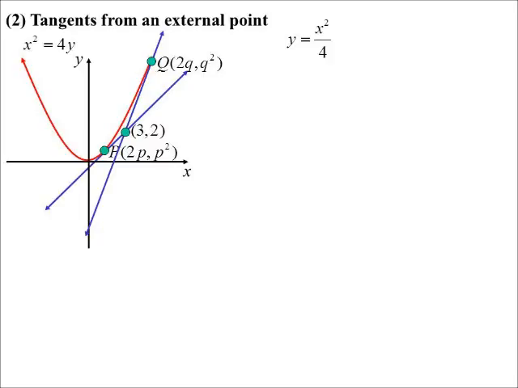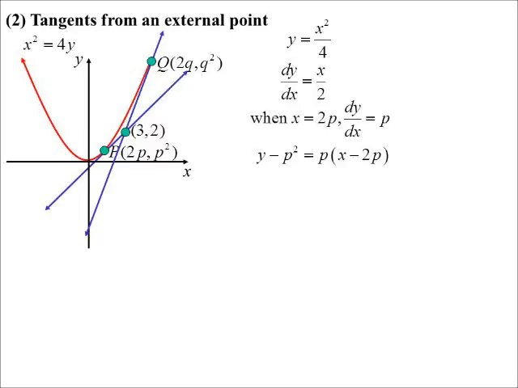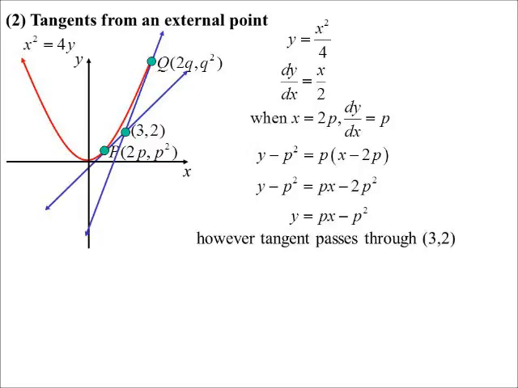Okay, differentiate y equals x squared on 4. dy/dx is x on 2. When x equals 2p, dy/dx equals p. Same as I just did, basically, y minus p squared, except I haven't got an a this time. So there's my equation of the tangent. But again, I don't know what 2p and p squared are. But I do know that this tangent goes through the point (3, 2). So I could substitute in the external point,